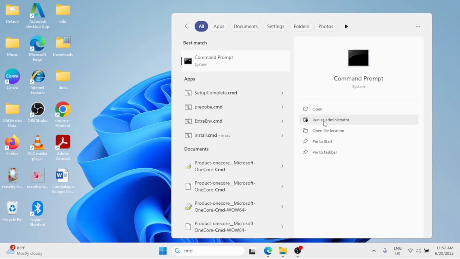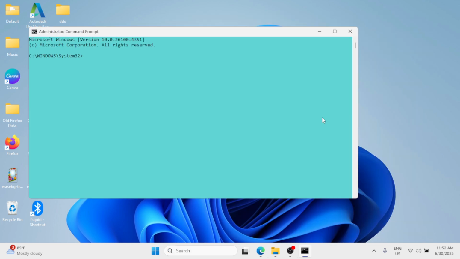Click the option Run as Administrator in the right pane. Simply type sfc space forward slash scannow. Scannow is just one word, with no space in between, and hit enter. The system scan will begin, so simply wait for the process to be 100% completed. Once the process is 100% completed, just type exit in the command prompt window and